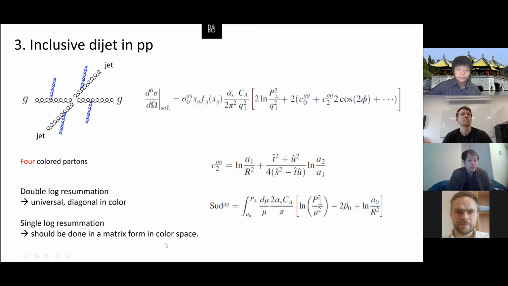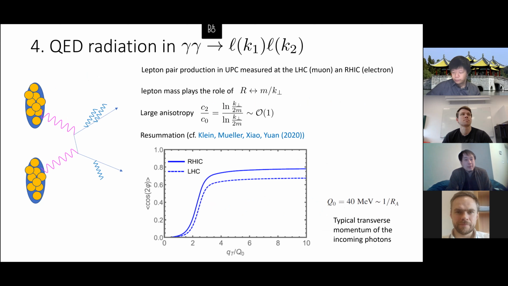If you're interested, then you can look at the paper by Catani and his collaborators for the basic approach. All right, my last example is a bit different. It's not QCD, but you can actually think about a similar kind of resummation in the pure QED context, because you have soft photon emission. There's been lots of interest in ultra peripheral collisions at the LHC and RHIC, where you produce